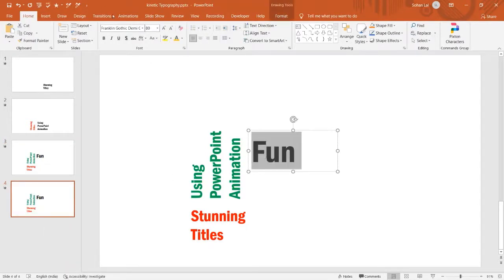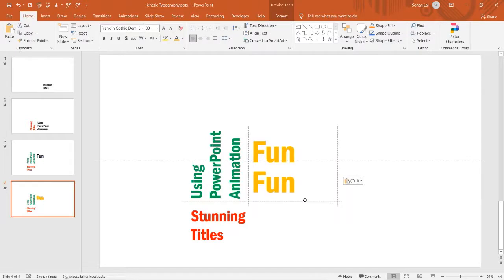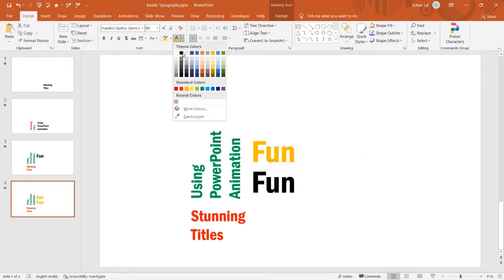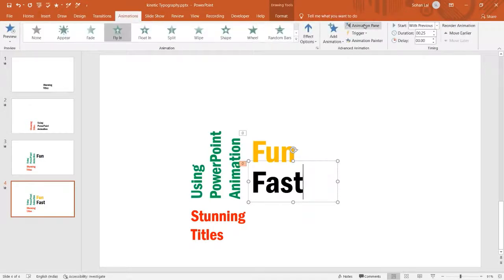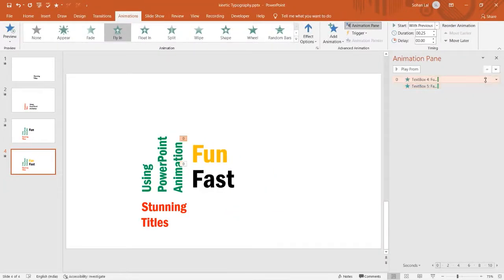Now change the color and duplicate the text box, paste it over here and change the color into black. Here I will give "one", "fast", and go to animations, tap animation pane and remove the first text box animation,